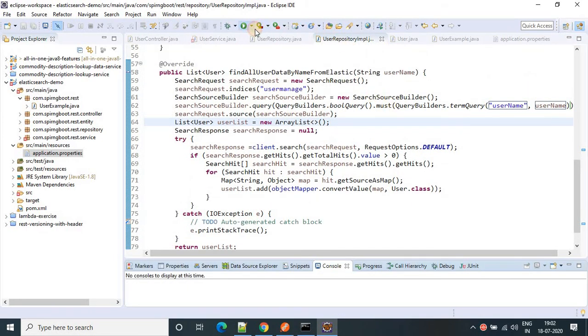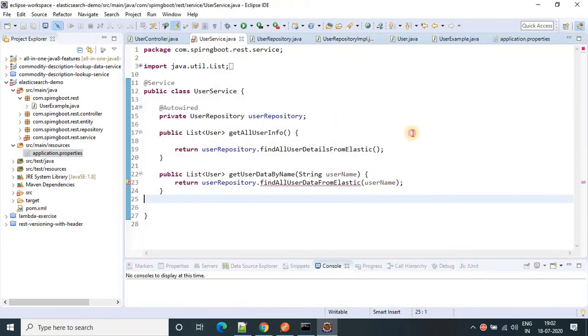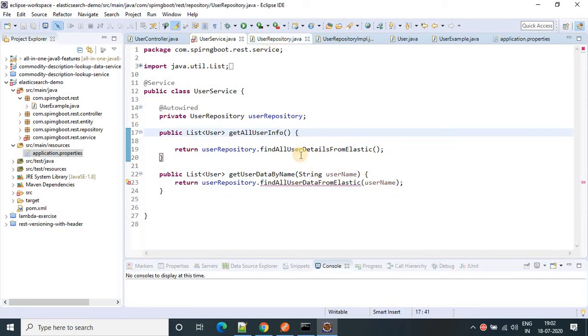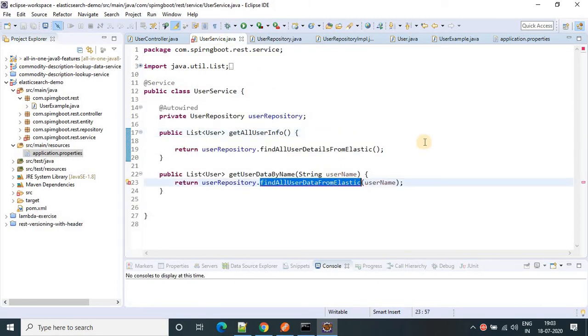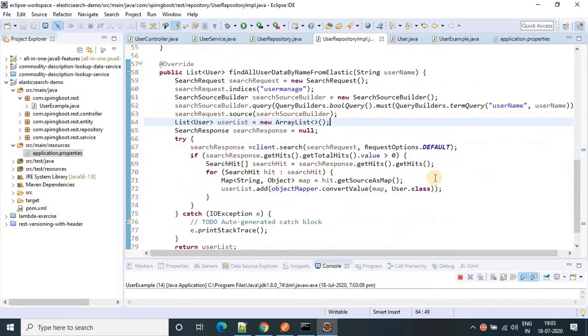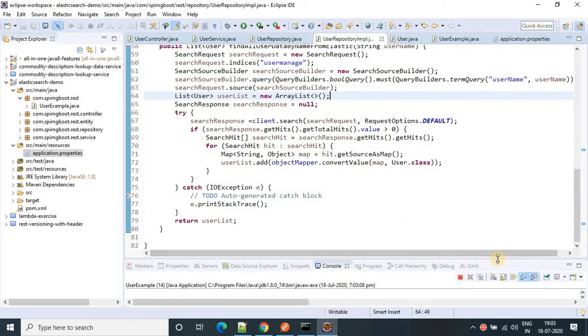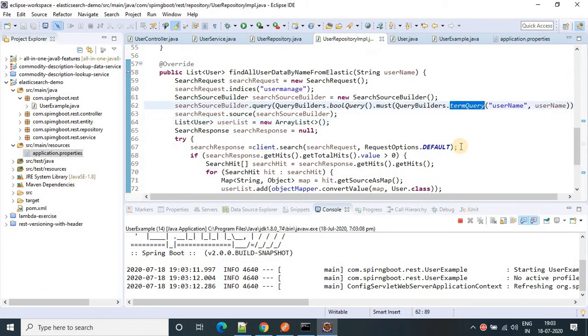Now let me run this class. Errors in required projects. Here we have find all user data. Okay. Let me run this class. So term query is case sensitive.